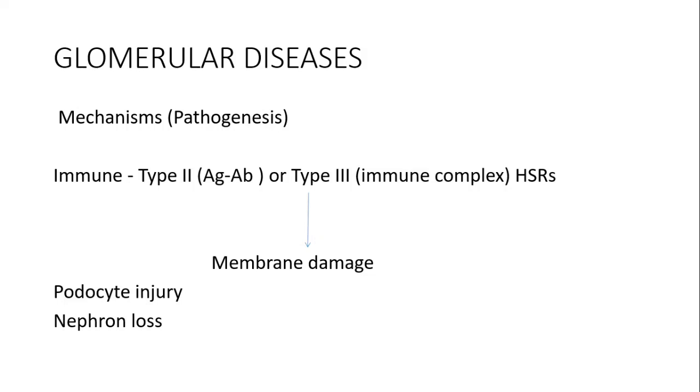When it is exogenous, it may be in the form of biological agents. When it is endogenous, it may be in the form of an autoimmune reaction. Podocyte injury is a very crucial and common condition where you find podocyte injury without any reason, and this is a very common glomerulonephritis seen in the pediatric age group. Or lastly, you may find a massive nephron loss. This nephron loss may be an inherited condition, Alport syndrome or Fabry syndrome. These two syndromes are responsible as the inherited component of glomerulonephritis.